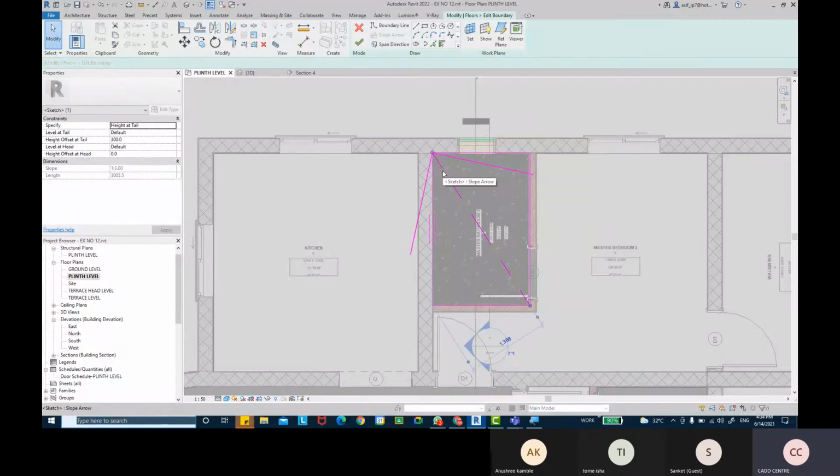We can select that slope arrow and you can see it says specify height at tail. So we want to create a slope, so we'll give the slope option. We need to specify the type of arrow as slope. Then we have an option, level at tail, which is default. We'll take it as plinth level, and then we can give the height at tail, what height you want to keep at the tail. So I can give the sloping amount, maybe -2 mm or -3 mm of slope. Generally the slope will come as a 1:3 ratio.